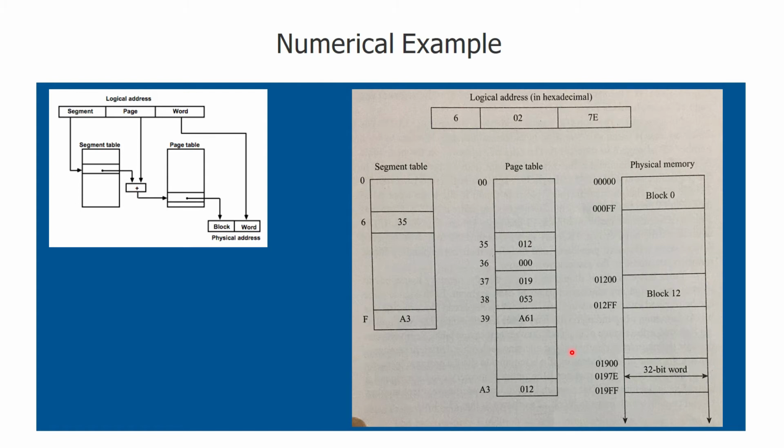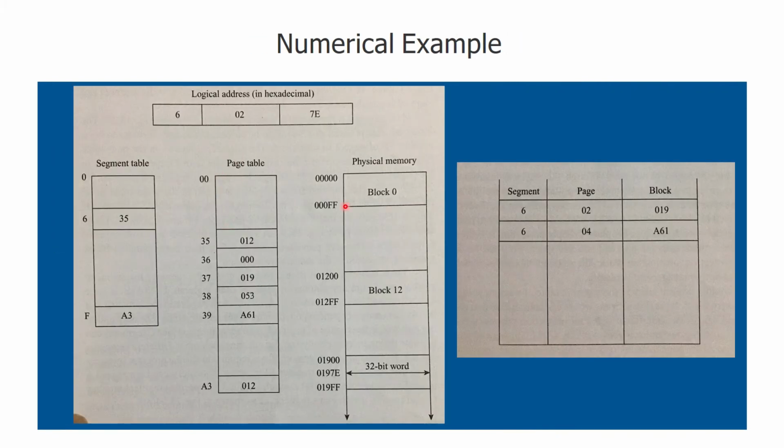Okay, logical to physical. Moving ahead, if we go to 6 plus 4, 35 plus 4 is 39. So A61 and 7e. A61 is my block here, and it can be appended with this word. Okay, so A617E is not in here because this is an example of how we maintain that TLB table. So this is how we maintain the TLB table, 604 A61, depending upon which value you need to check, which value you need to reach in the physical memory.